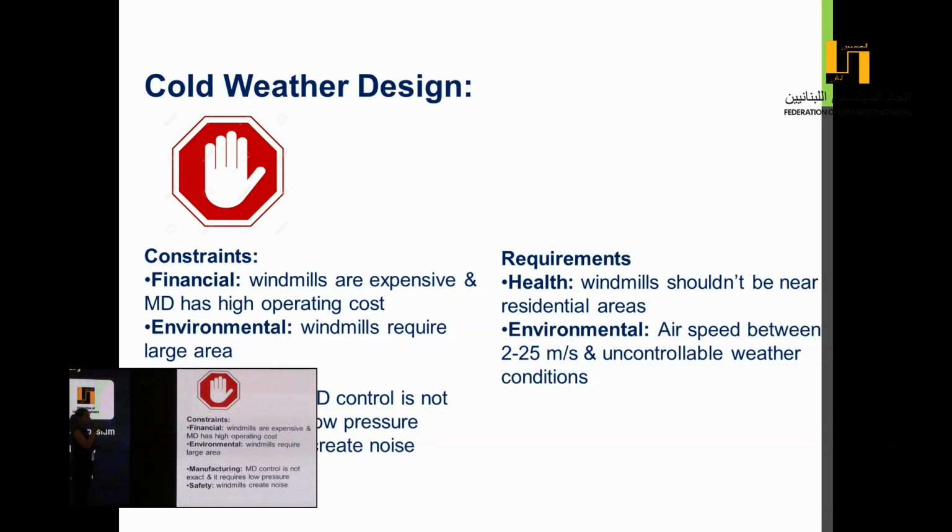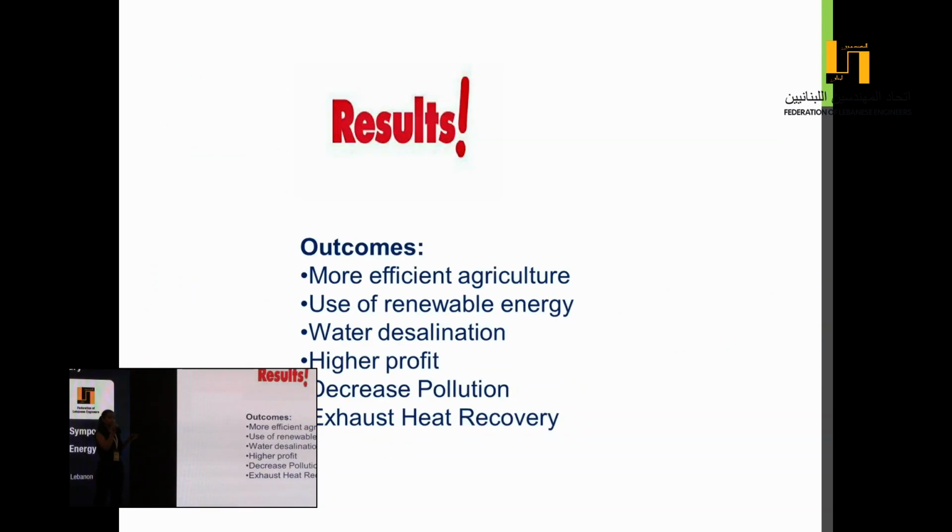Cold weather design has some constraints. Windmills are somewhat expensive and create noise. In addition to that, membrane distillation control is not exact. About requirements, windmills require a large area and an airspeed between 2 and 25 meters per second, and membrane distillation requires low pressure. Based on a study we made on a greenhouse with an area of 12.8 meters squared, we conclude